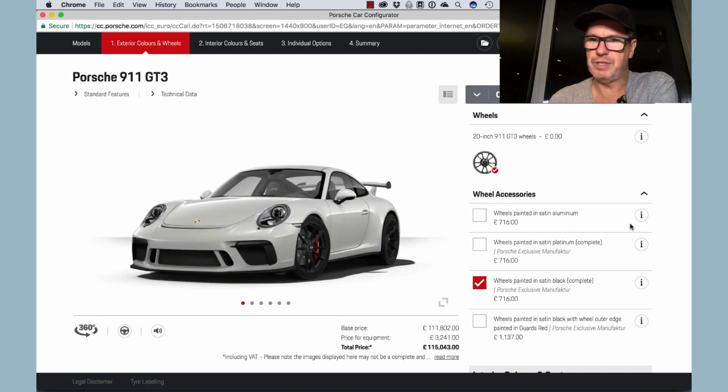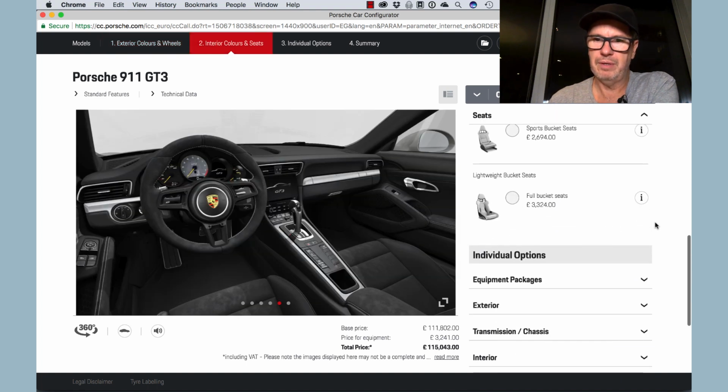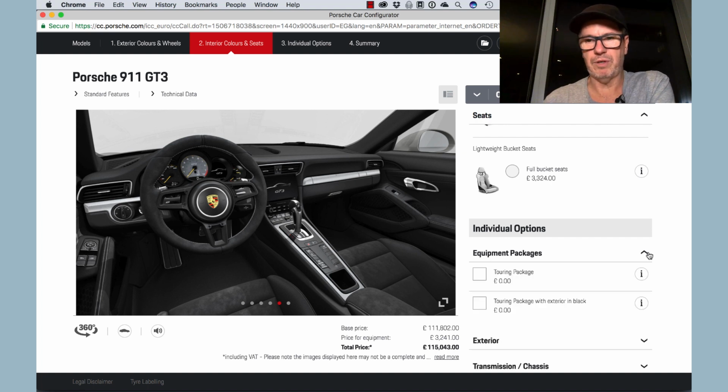Once again, we're still in the GT3 configuring. So let's go down a little bit. When you're configuring a GT3 Touring, which is what we're doing now, it's an equipment package. It's not a separate model. So you have to go into equipment packages, and you have two options: Touring package or Touring package with exterior